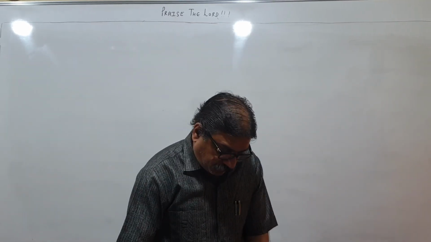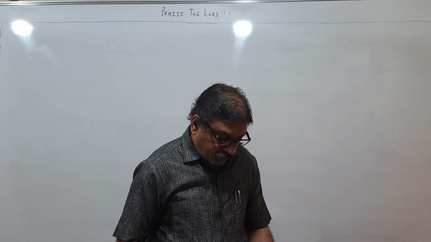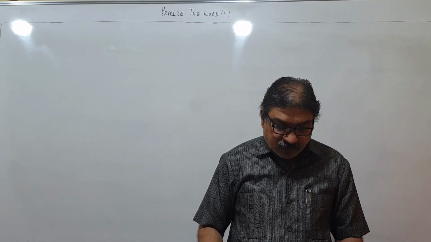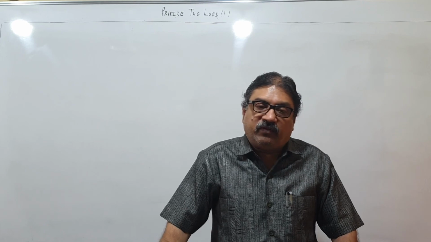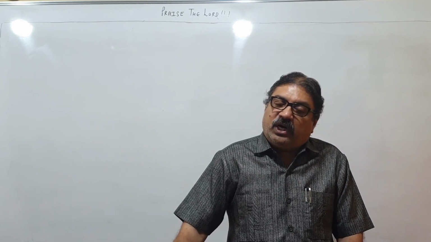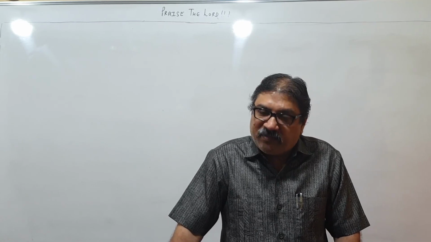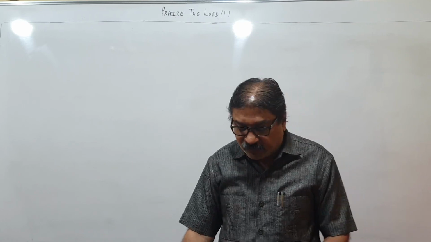Fine. Then we come back, children. We have seen how to count, how to round off, and all those things. So this was about this video. We saw how to count the number of significant digits. We saw what is the scientific notation, and we saw how to round off the digits using the rules of 5 and everything. In the next video, we will see algebra of significant digits. Thank you, children. God bless you.